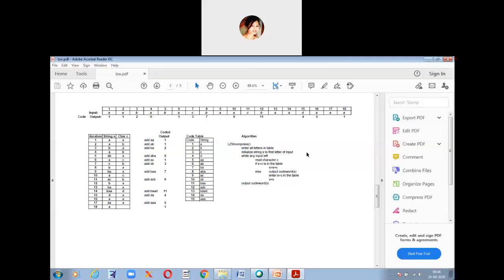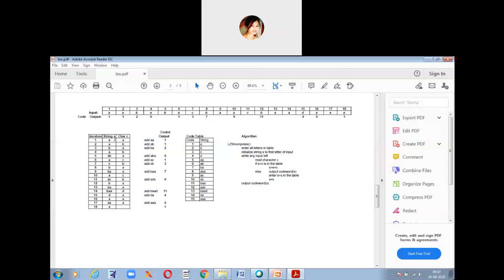Have you taken down an example? Guys, have you taken down this example? Okay. So